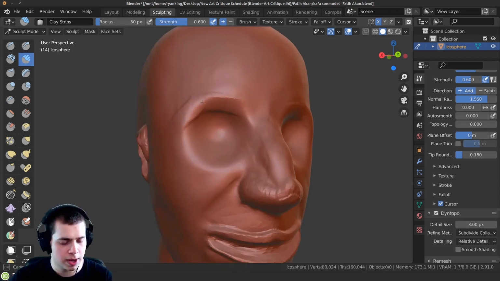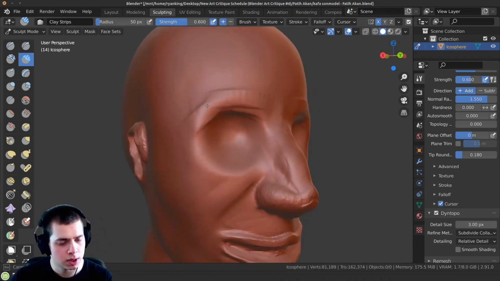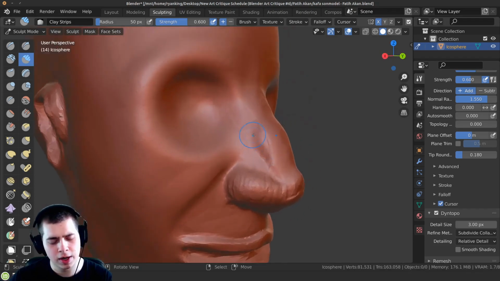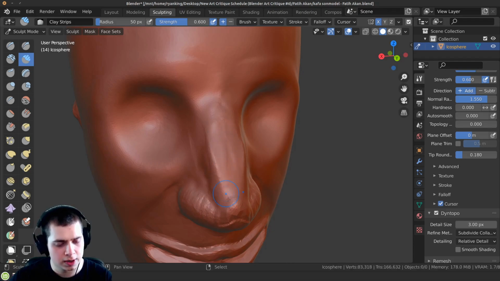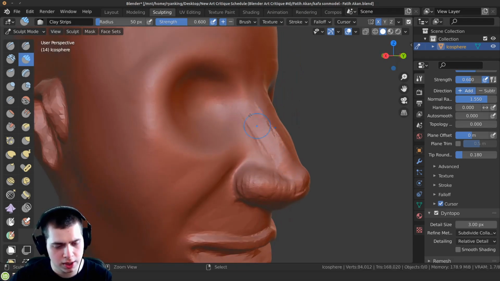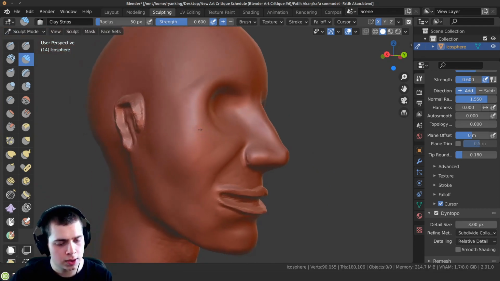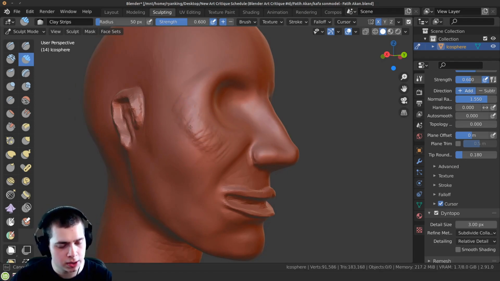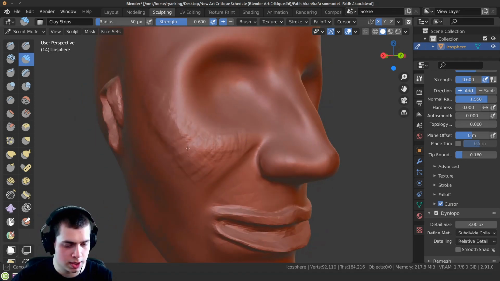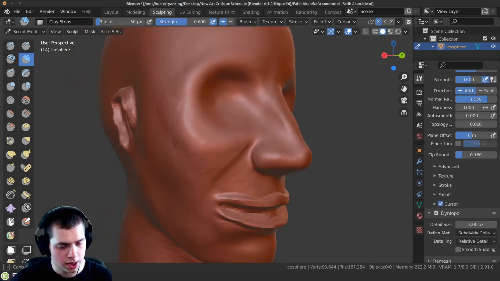Okay, going along here, making where I want the eyebrows to be, or just the brow popping out a little bit. Defining where I want that to be, and then smoothing that out a little bit. Then also here, I want the nose to be a little bit more flat, so I'm going to hold down the control key, flatten it out right there, and also flatten out the side of the nose. Then also adding the cheekbone. So we're going to go along here, pop this out a little bit, and it curves around a bit. Okay, and then smoothing that out.